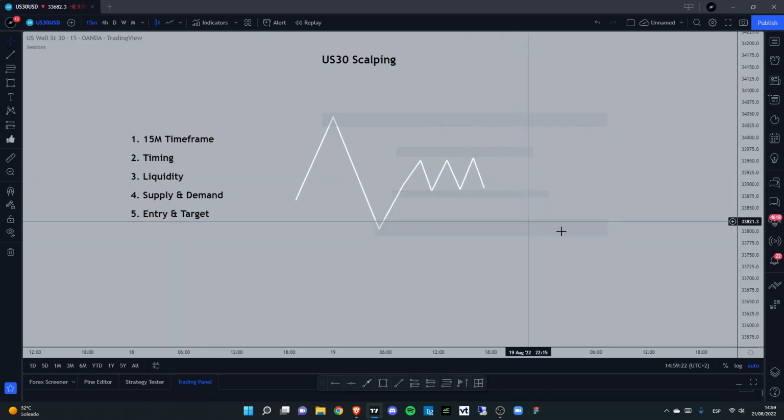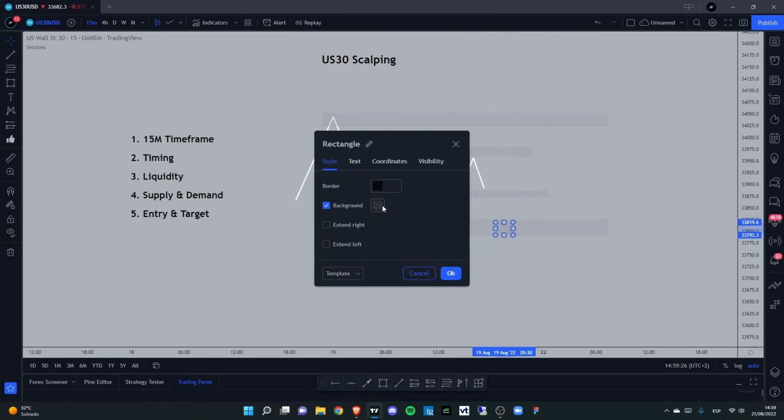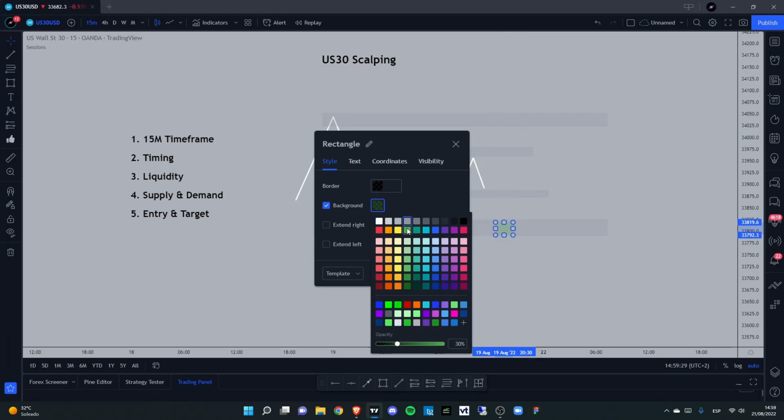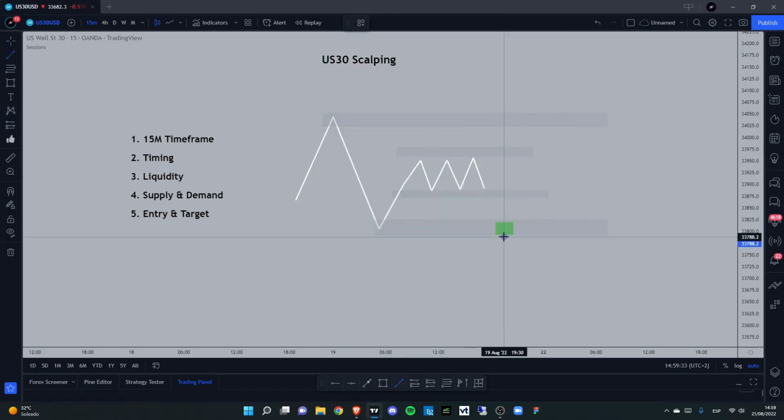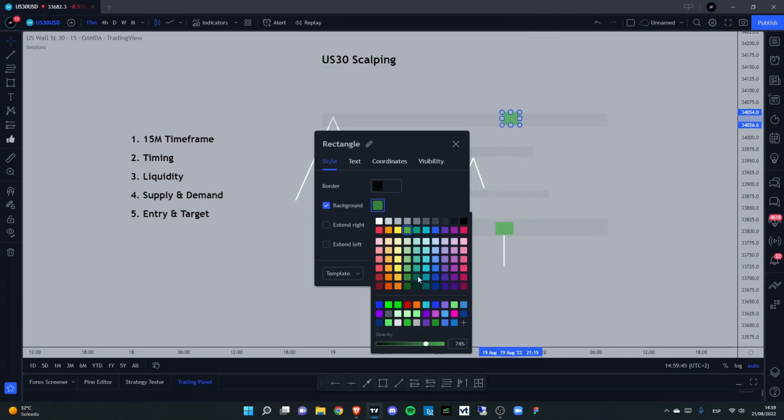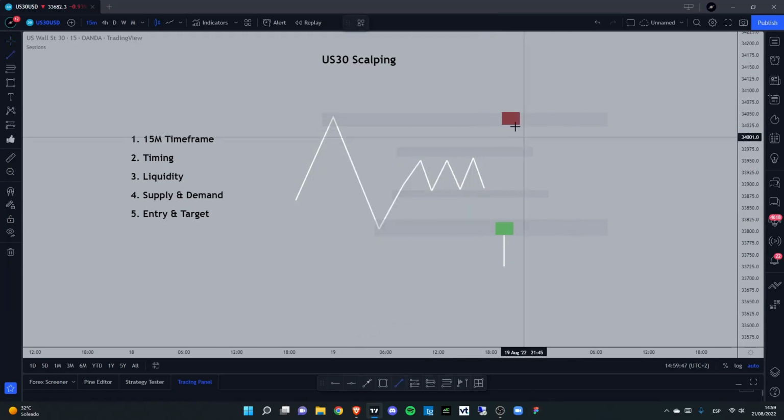Okay, so for a demand zone, we want to see a bullish pin bar, right? If you don't know what a bullish pin bar is, you can probably find that somewhere online. So let me just make this very clean so you can see it. This would be basically a bullish pin bar like this, and a bearish pin bar would obviously be the opposite, with a wick to the upside. We'll make this red, with a wick to the upside. So this will be the bearish pin bar. This is where we'll enter, and this is the bullish pin bar, and this is where we're entering in a demand zone. This is our entry